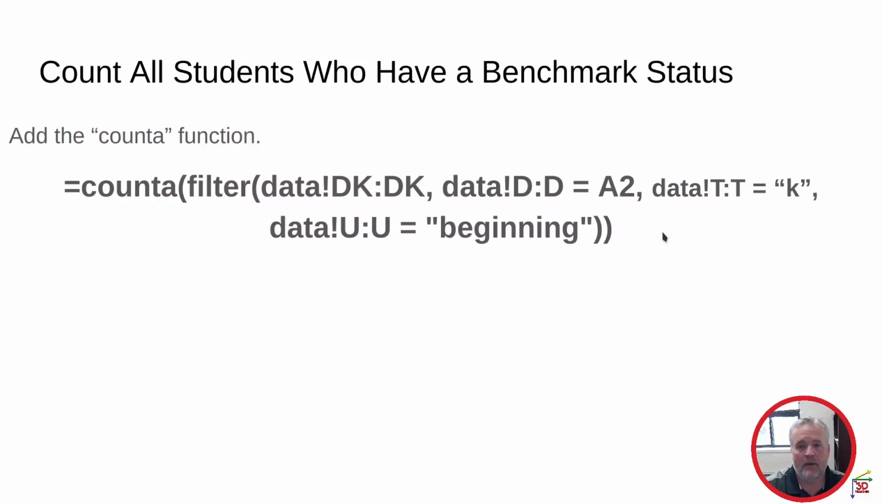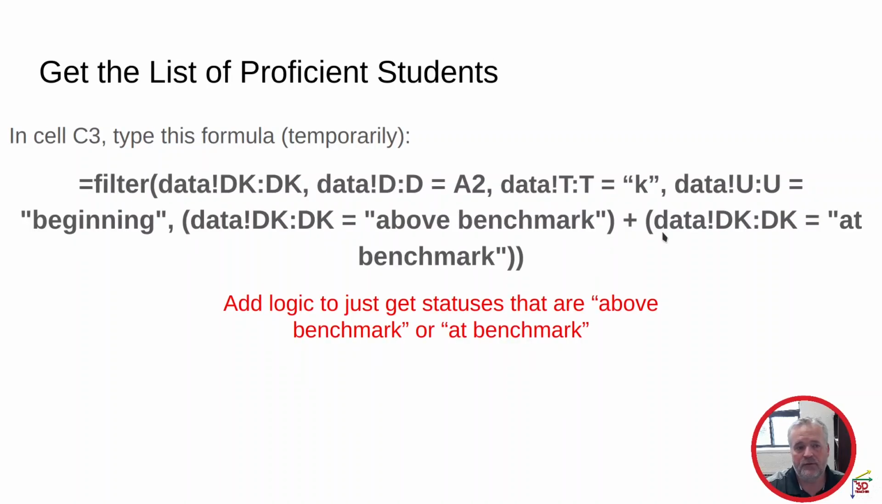Now we're going to move over to cell C3, and we're going to type another formula that looks really similar to the other one. We're just going to do this for a minute, just so that we make sure we get the right data. Here you're going to do a FILTER function again, and it's going to look exactly the same as the first one. We want column DK, if column D is the school name that we want, column T is kindergarten, and column U is the beginning of year. We're going to add one more